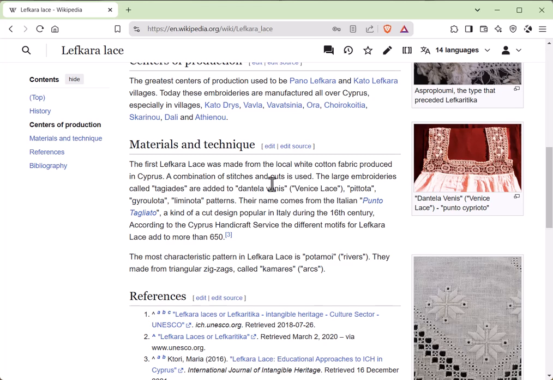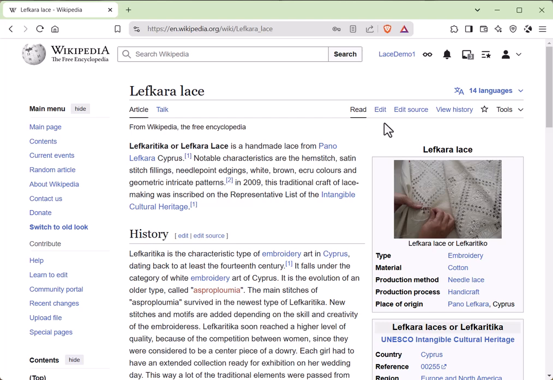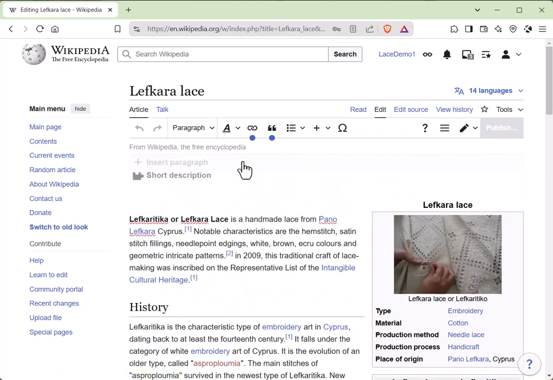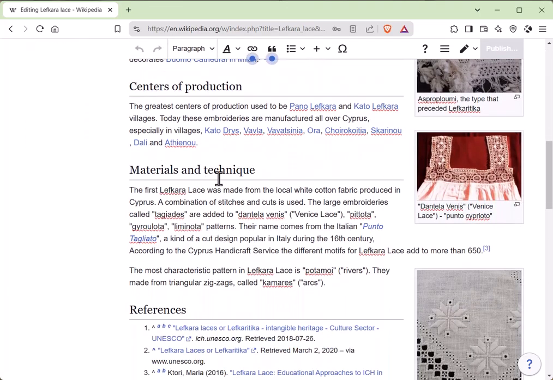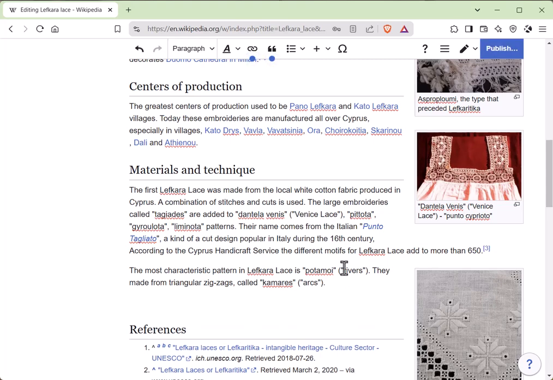And so what I'm going to do is in this materials and techniques area, I'm going to choose to edit. I have to click edit first. And now I have the editing tools available for me here. So now I can scroll down to this materials and technique area, and I decide that there should be a sentence afterwards here. And my sentence will be something like,